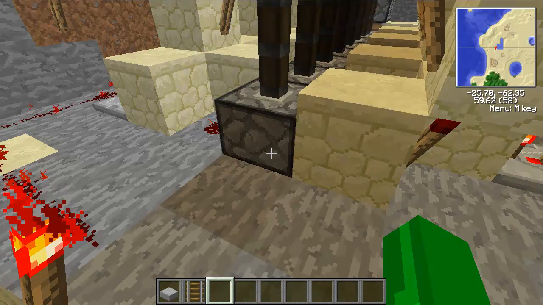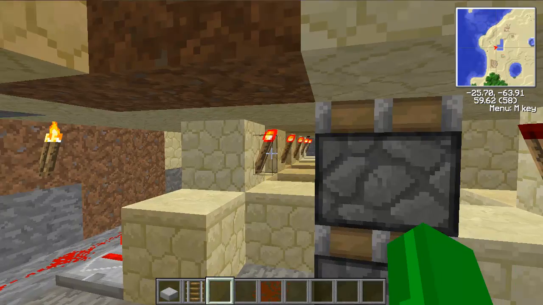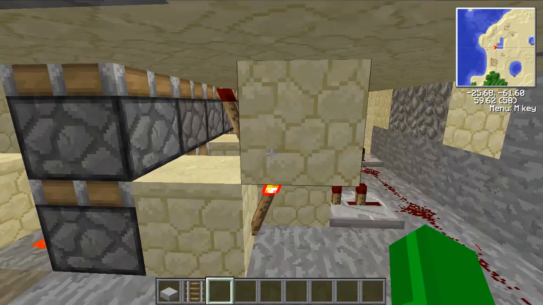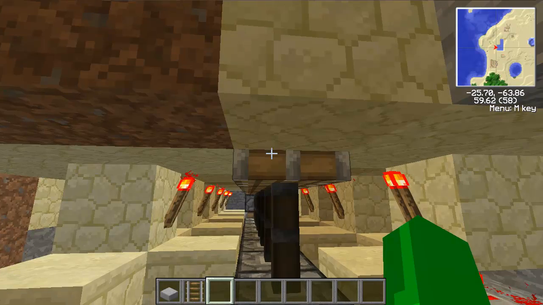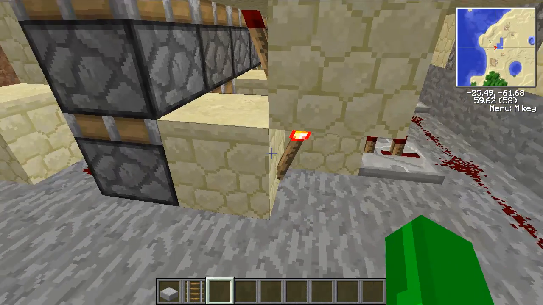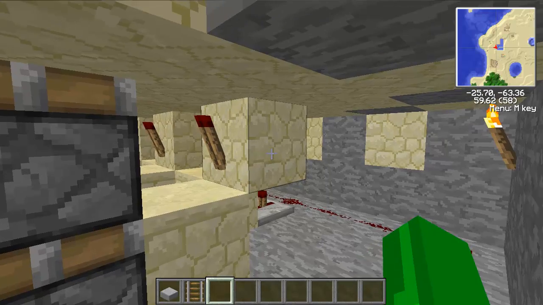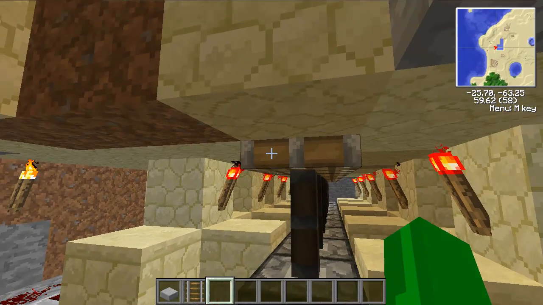I stumbled upon this when I was Googling because I had found a video somewhere where it was an actual double extender vertical. I was looking for that to do something else, but this one with the sand caught my interest. It only works on sand, but it's pretty compact. It's actually just this piston right here, this block, that torch, and then of course the piston and the sand